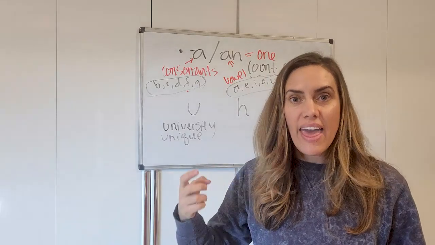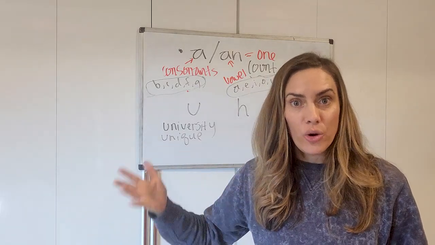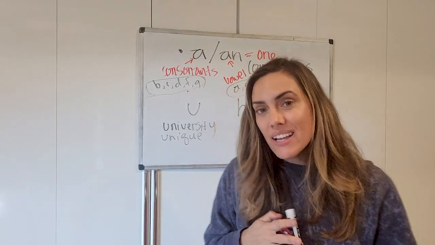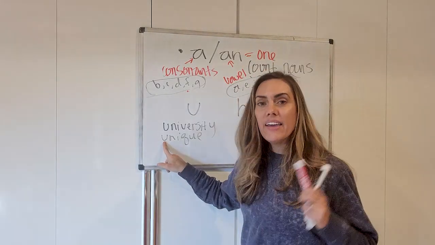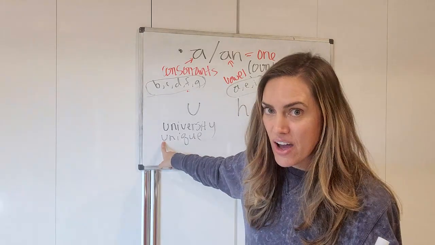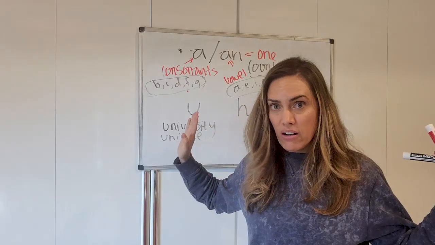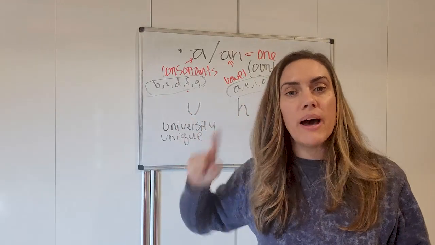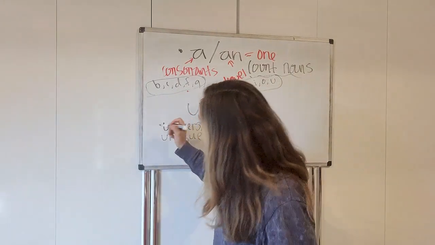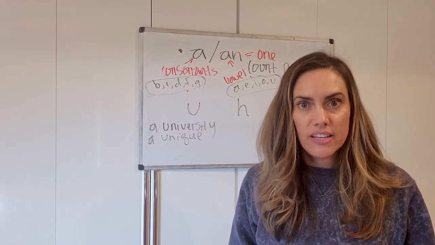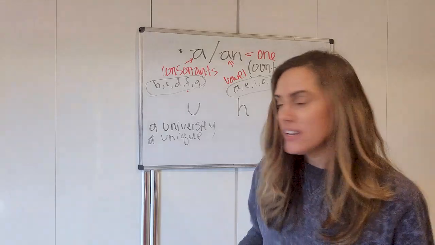That's not an E, I, O, U, any of those vowel sounds, okay? So because it's a consonant sound, not a vowel sound, even though U is a vowel, it's not about the letter, it's about the sound. Then we need to say a university, a unique